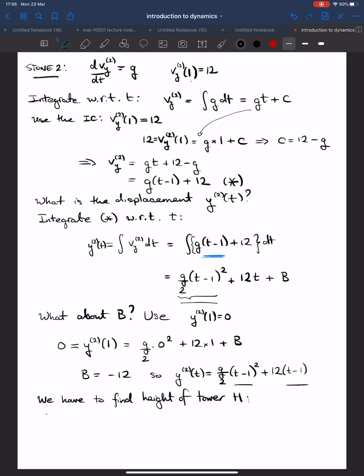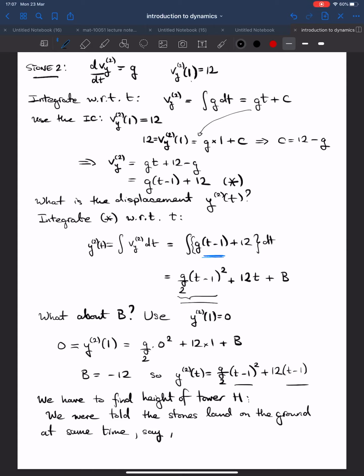Okay, we were told the stones land on the ground at the same time,